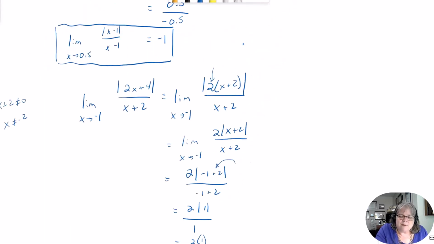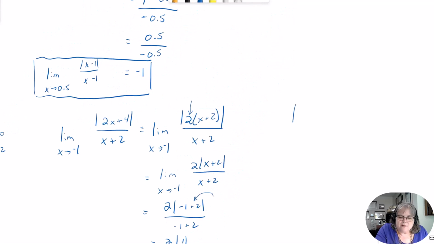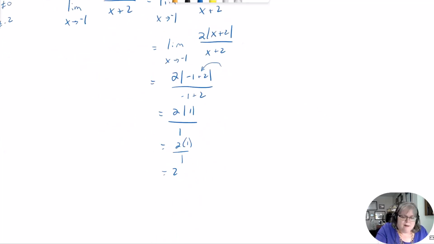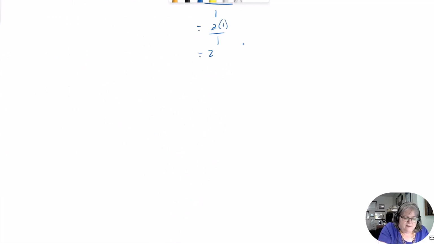Now, what if this had been the absolute value of a negative 2 times x plus 2? When you pull this out in front, you go, the absolute value of a negative 2 is 2, and it would have looked like this. So be careful. There's one like this on your practice problems that the link's at the end of the video. All right. What if they say, what's the limit as x approaches 2